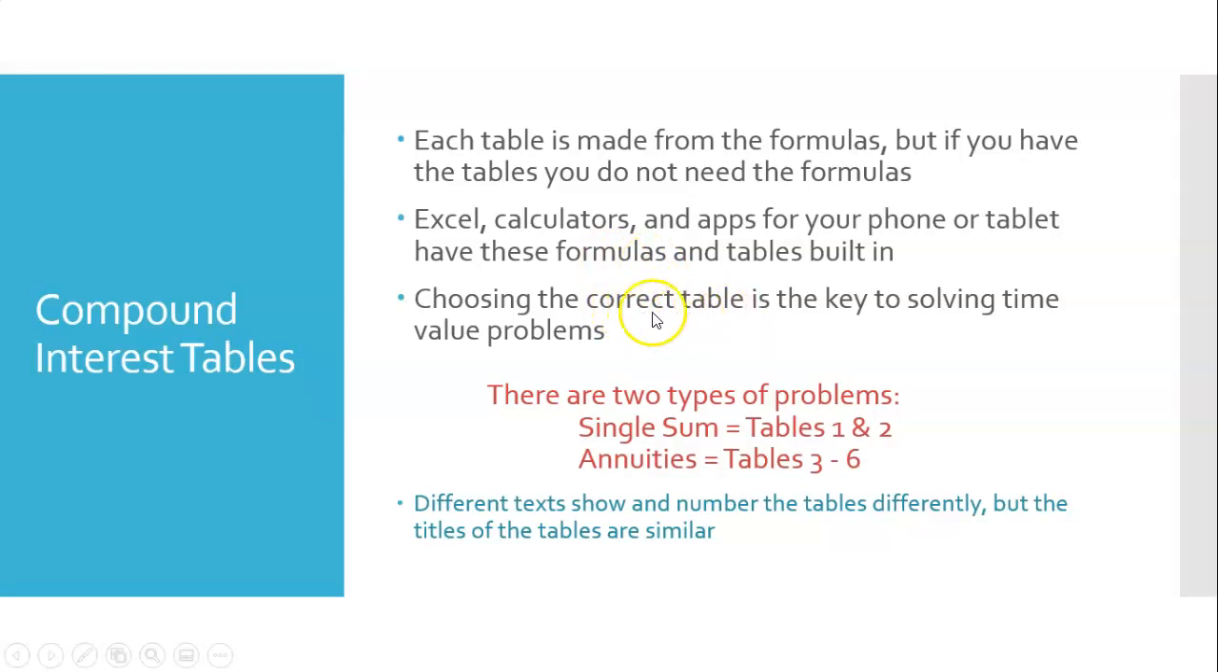Choosing the correct table that you're going to use to solve a problem, that's the key to solving that problem. So we're going to carefully go through the various problems and how to solve them using the tables so that you can hopefully see what is the correct table to use. There are 2 kinds of problems that we have: single sum problems and annuity problems. The single sum problems, according to the tables that were listed a couple slides ago, would be tables 1 and 2, and annuities would be tables 3, 4, 5, and 6, according to the list a couple of slides ago. But again, different books show and number the tables differently. The titles of the table are similar, and in the next video, we'll go over the